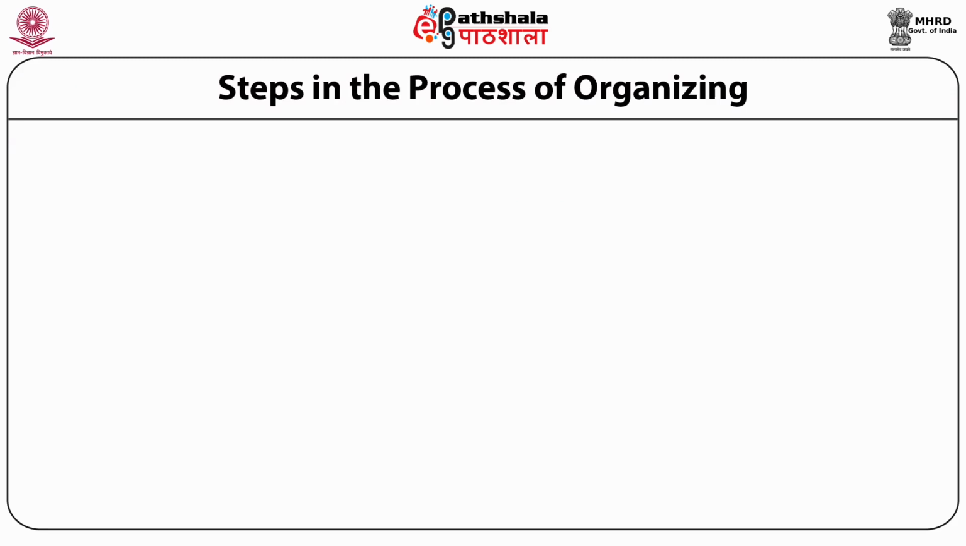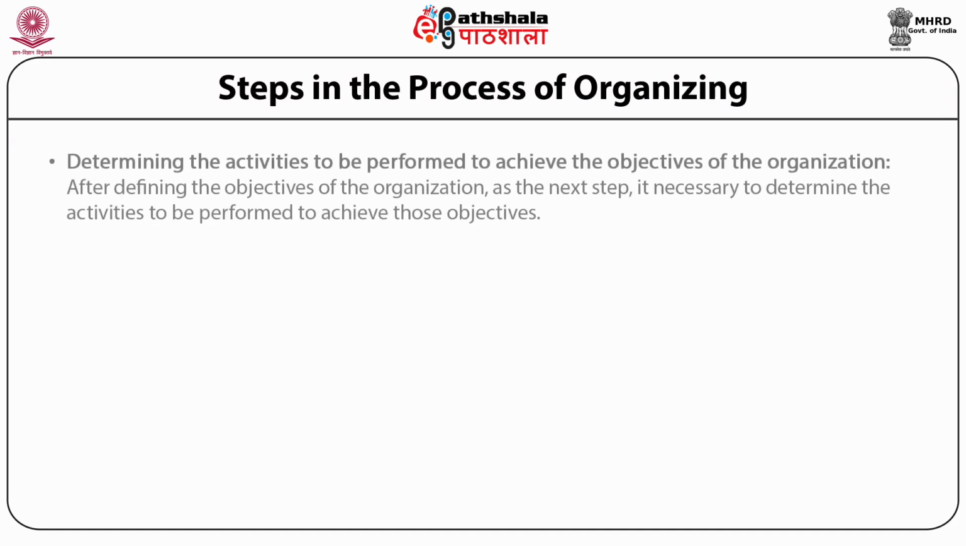Steps in the process of organizing. First, determining the activities to be performed to achieve the objectives of the organization. After defining the objectives of the organization, as the next step, it is necessary to determine activities to be performed to achieve those objectives. At this step, a list of activities is prepared and each major activity is divided into